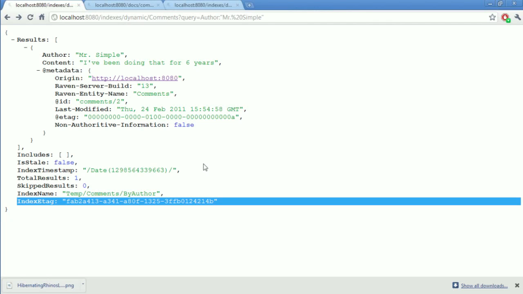This isn't actually the accurate one, it also contains some other issues, but this is the last e-tag that this index has actually worked on. Because we can compare the index e-tag to the last updated e-tag, we can, by a very quick comparison of two numbers, determine whether this index has actually caught up with the last update to the database.